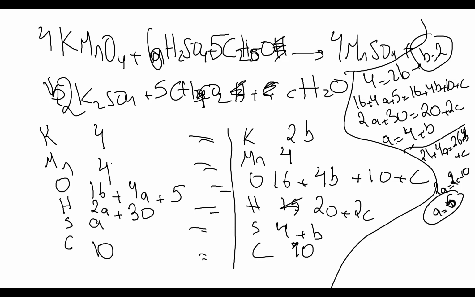So now we have the a. So 21, we do substitution, plus 24 equals 26 plus 4b plus c. B we have it, which is 6. So 6 times 4 is 24. So then we do